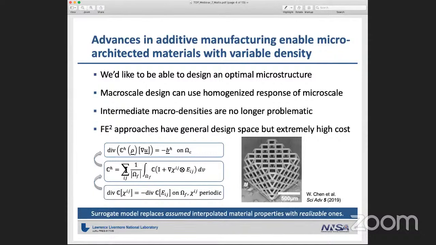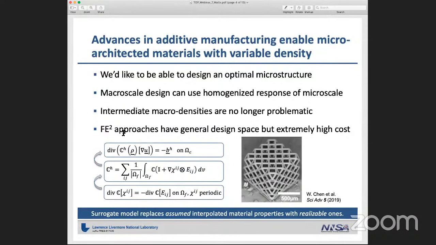The second box shows the way that you can evaluate the homogenized response when you're given the design. And these characteristic equations, chi-ij, come from solving what are called cell problems. This is in no way new. I certainly did not invent this. This is a standard approach for elastic homogenization. But the point being that if you have a fine scale structure, you can evaluate its homogenized response and then solve a bulk scale problem more simply. You don't have to resolve fine scale features.